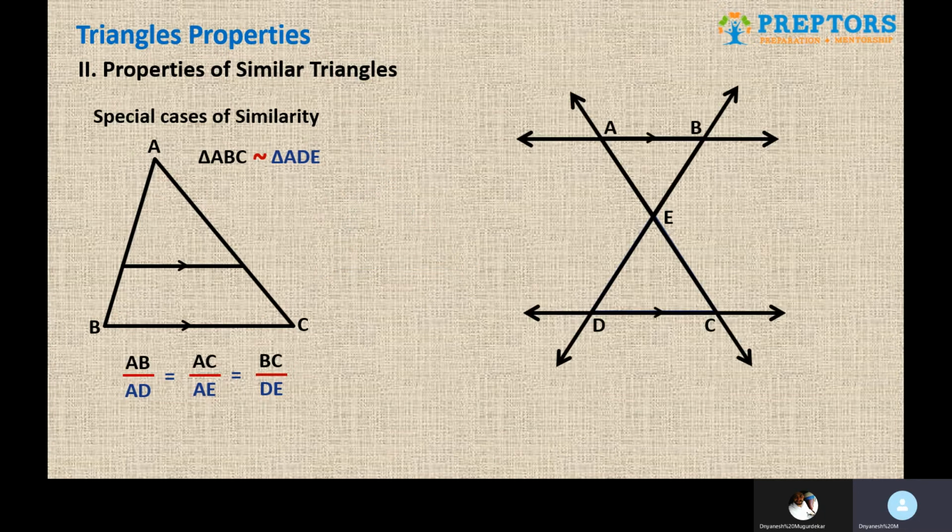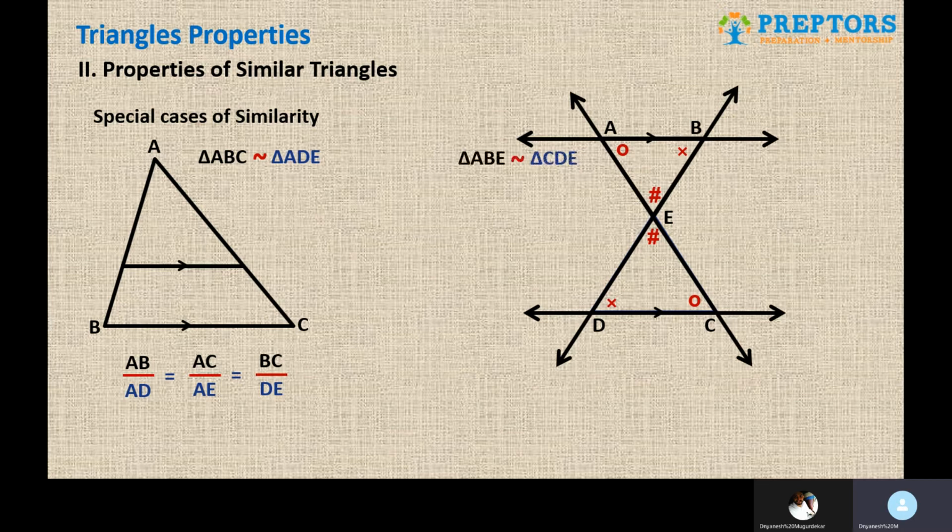The second case is something like this. Again, the two triangles, we need to prove them similar. Two lines are parallel, AB and DC. B and D become alternate angles. A and C also become alternate angles. E becomes the vertically opposite angle. Now again, follow the sequence properly, whichever it is. If you say ABE, that is O cross hash, the same has to be applied at the bottom, which is O cross hash, which is CED.